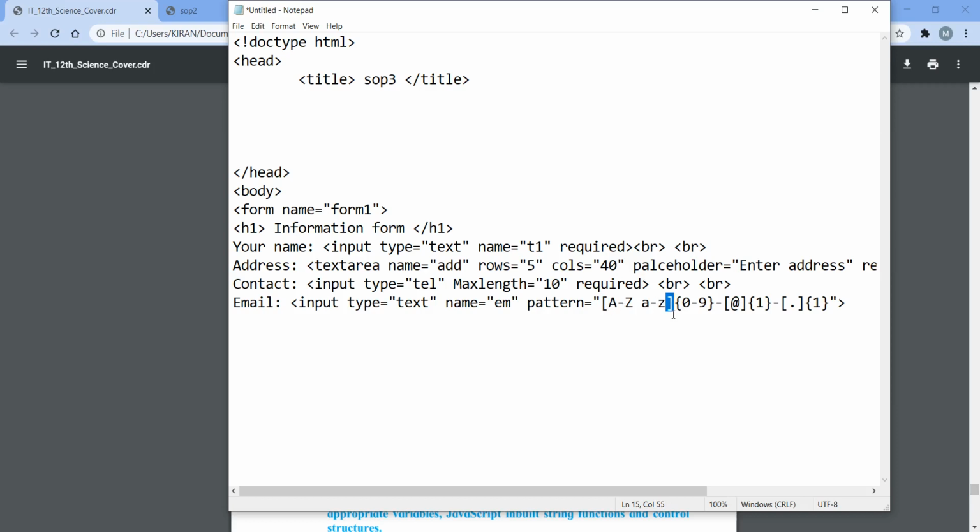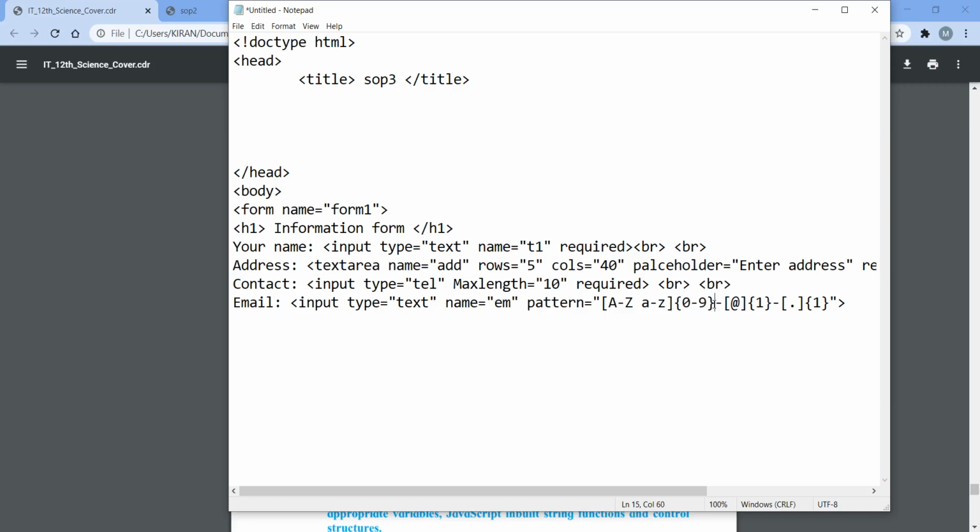Now after that I have used curly brackets, and within curly brackets I have included 0 to 9. Means I can enter any number of alphabets between 0 to 9. So first in square brackets we define what values we can enter, and in curly brackets we define how many values we can enter.